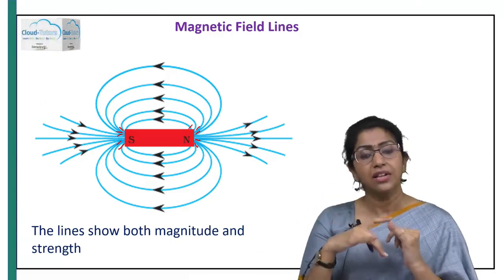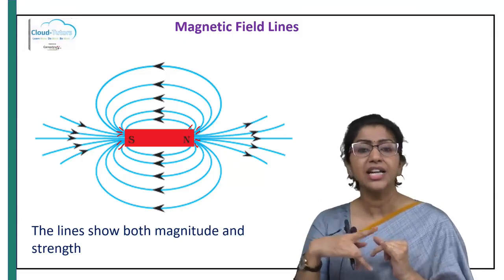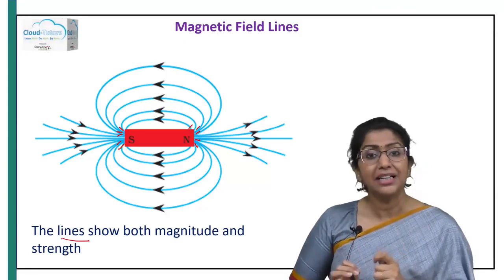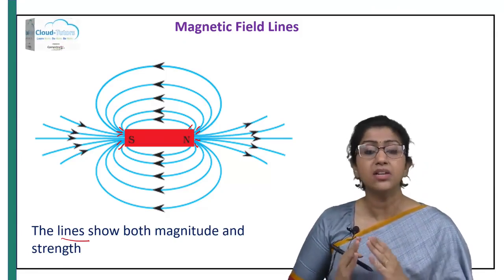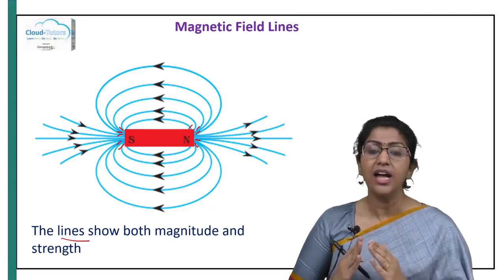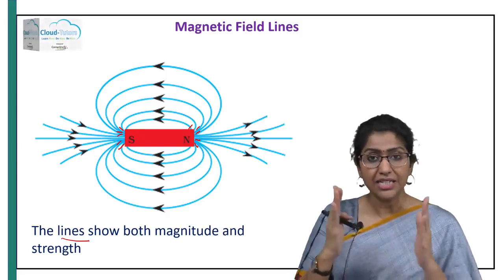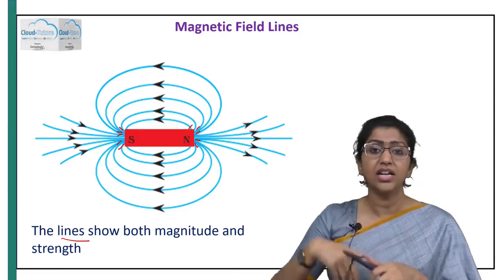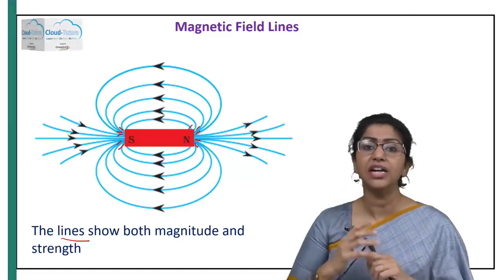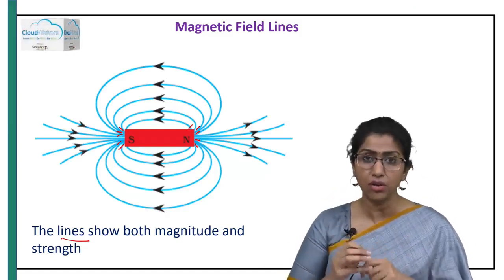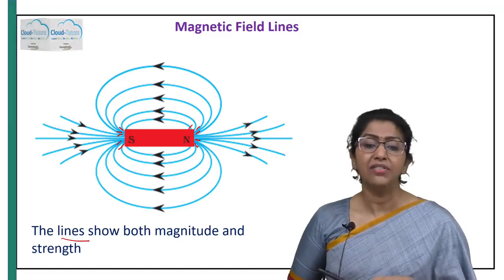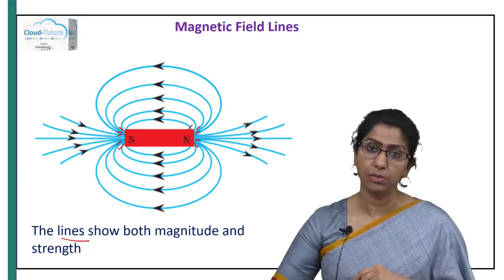Alright, so what can we conclude using this? We can conclude that the magnetic field lines show the strength of the given magnet. If the lines are denser, as in if they are very close to each other and there are more lines around the magnet, it shows that the magnet is very strong and has a very strong magnetic field, and also it shows you the direction of a given magnetic field, which goes from North Pole to South Pole.